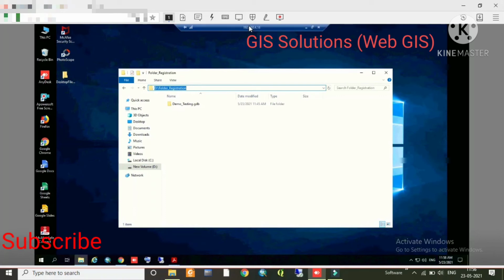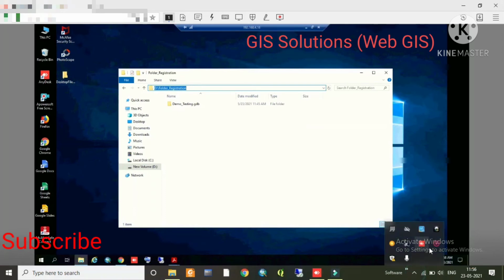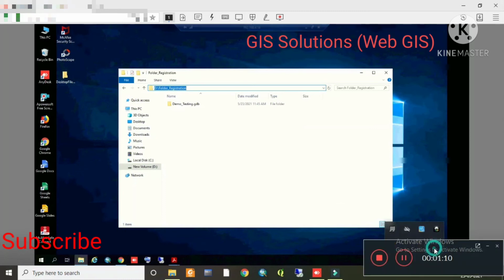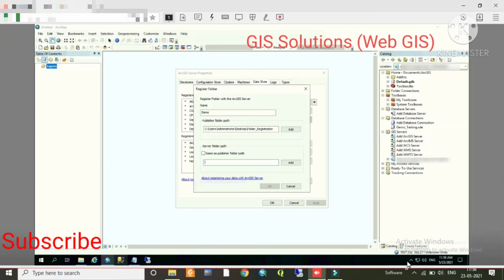and go back to the server folder path. This folder path, which is the folder file location, copy it in the server, then paste it in the folder file location and then OK.